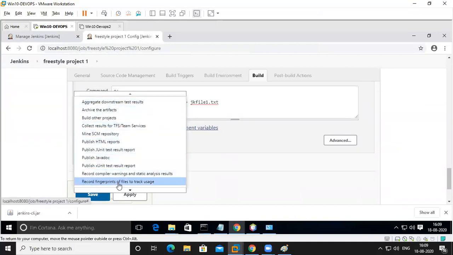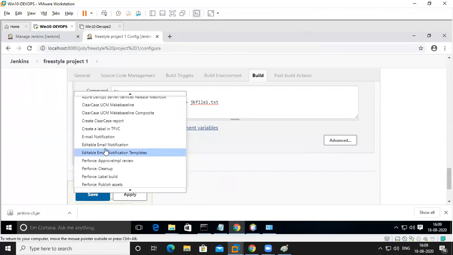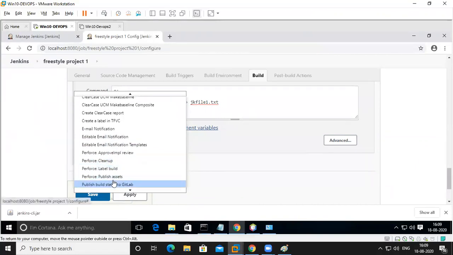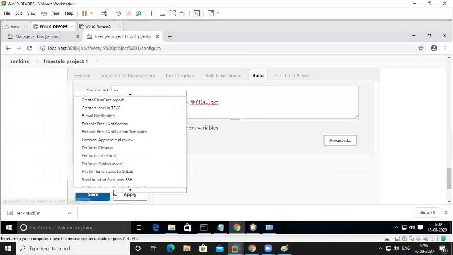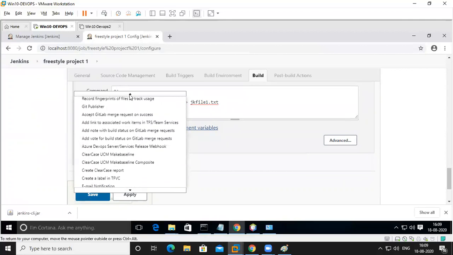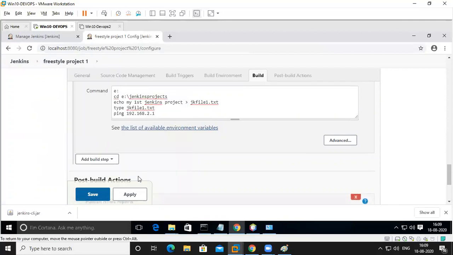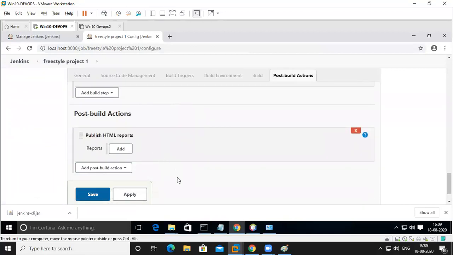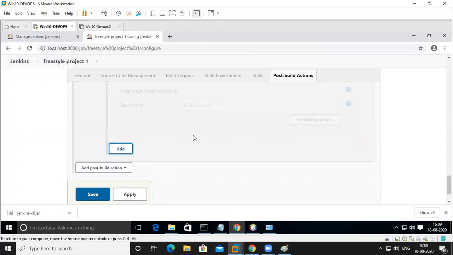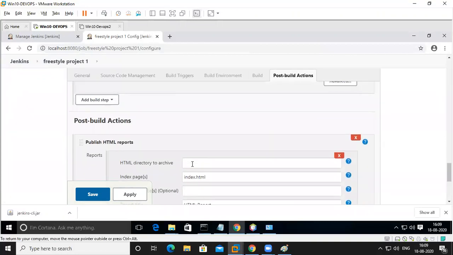HTML report, then we have to write HTML, or email notification, process, label, build asset, delete workspace when build is done. I don't know this. Okay, report, add HTML report directory to archive.